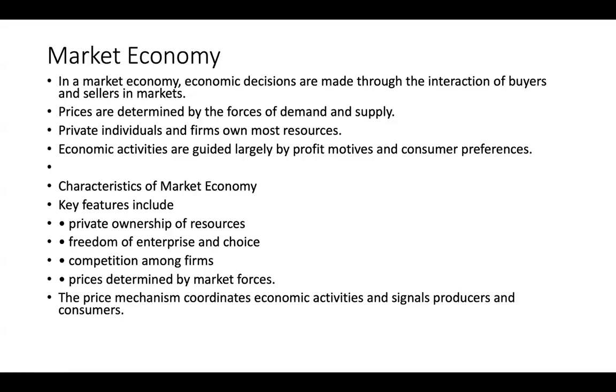The next economic system is the market economy. In the market economy, economic decisions are made through markets. The prices are determined by the forces of demand and supply. When demand and supply interact, they determine the price of what? In the market. Then the consumer decides what goods they want to purchase, and the producer decides what goods they will supply. So prices are determined through the interaction of demand and supply. The pricing system therefore coordinates economic activities without a central planning system.